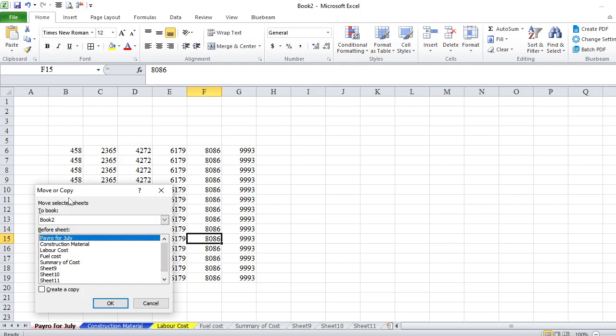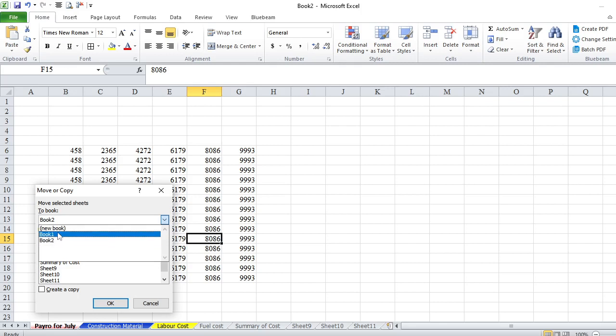There are two ways. Either it will take it to another book. This is one workbook with a lot of worksheets, but it's one workbook. If you want another book, we select new book here, because we have book 1 and book 2 opened.